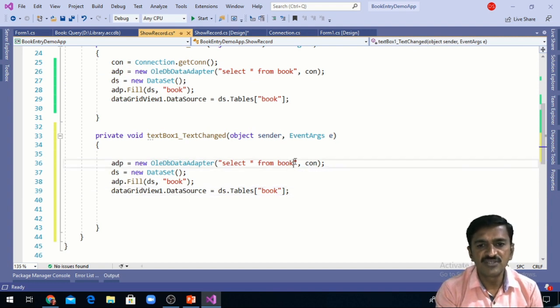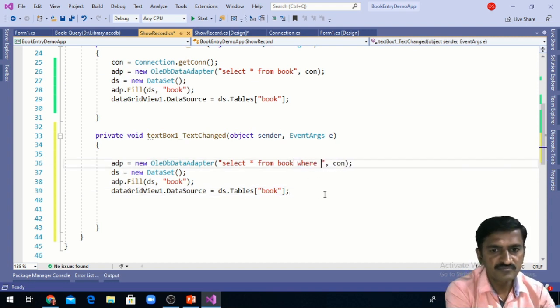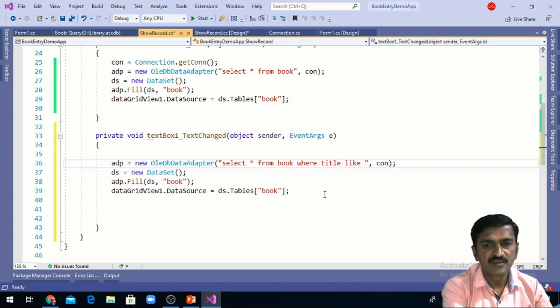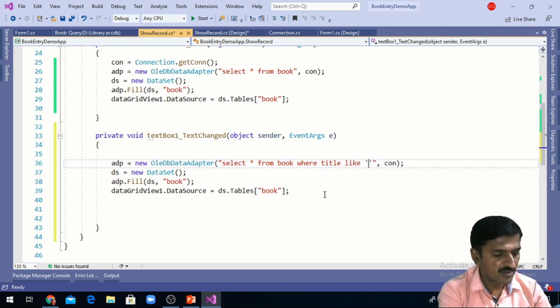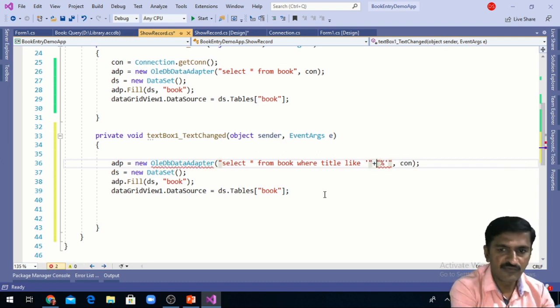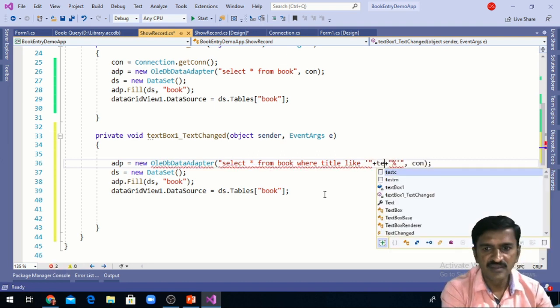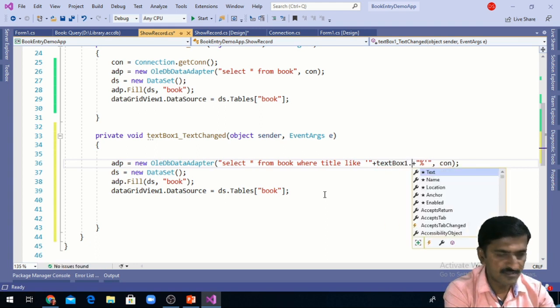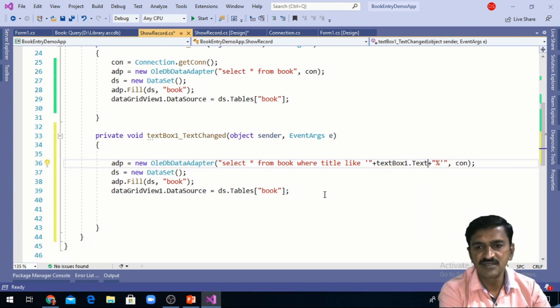Only I am changing the query here: where title like, then in single quote percent, and concatenating the value of the text box, textBox1.Text, whatever text is entered into the text box.